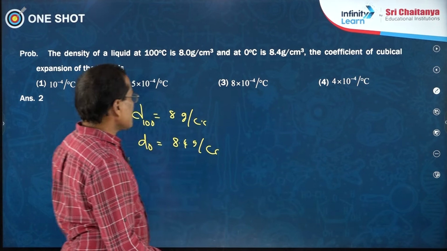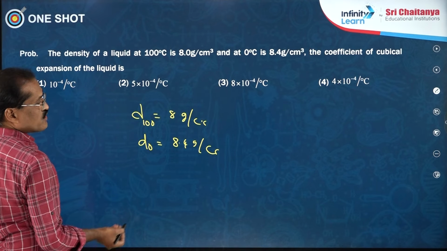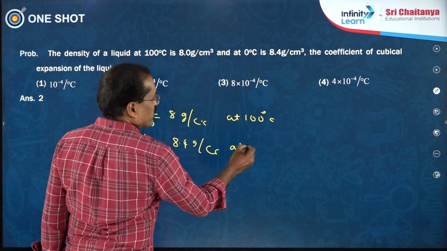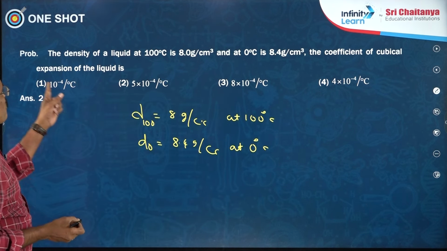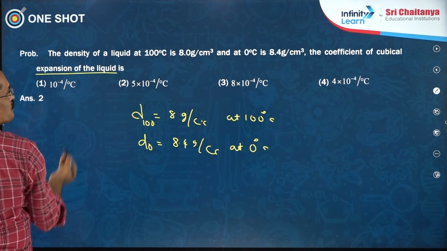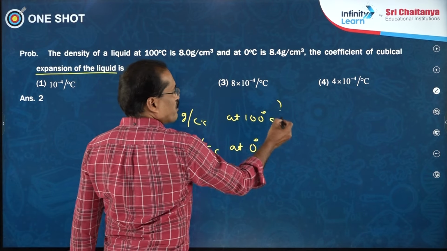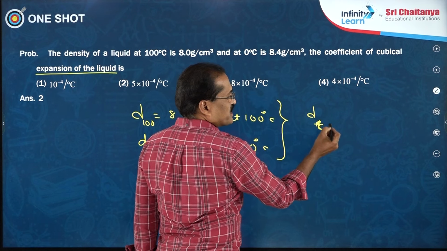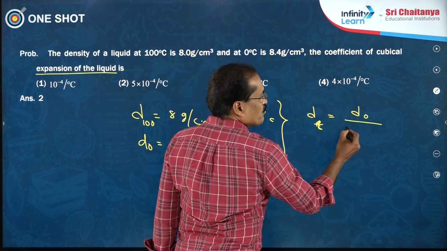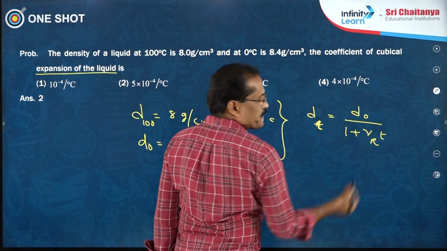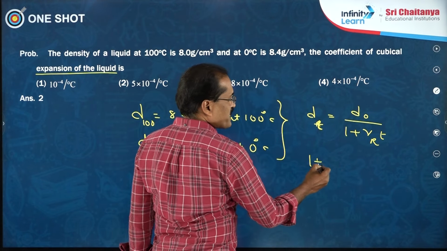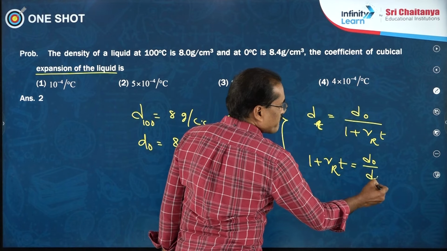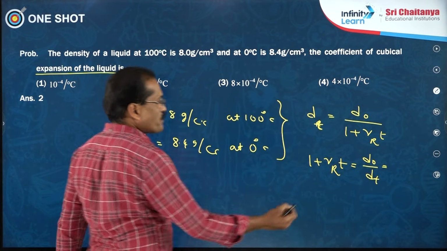First we are seeing a normal liquid, with density at 0 degree Celsius and density at 100 degree Celsius given. We need the coefficient of cubical expansion of the liquid, the real one. For this, I gave you the formula already: d at a temperature T is equal to density at 0 by 1 plus gamma R into T. We require gamma R: 1 plus gamma R into T is equal to d0 by dt. d0 is equal to how much? 8.4